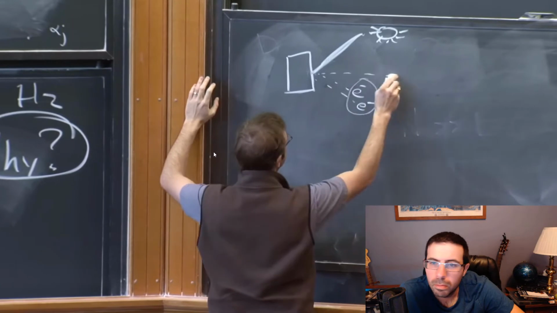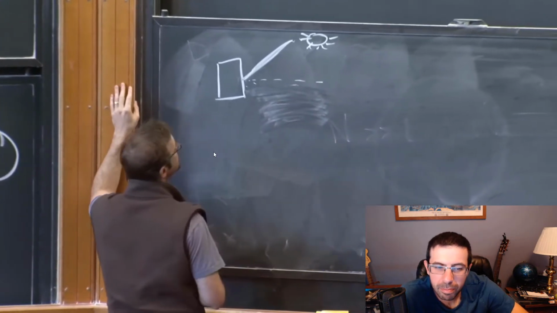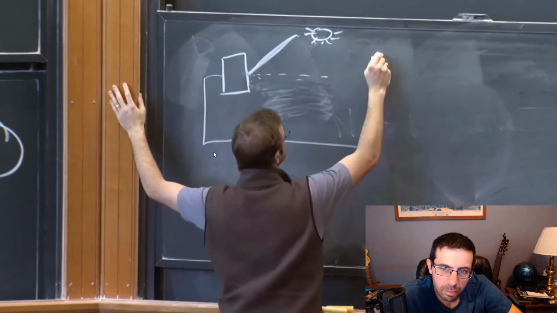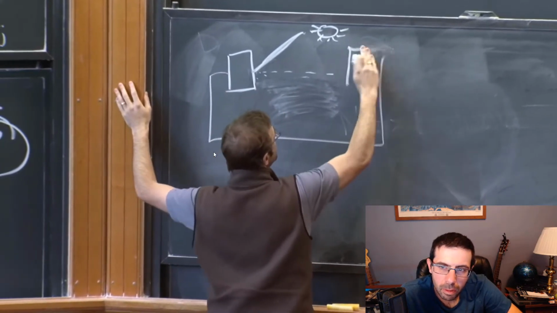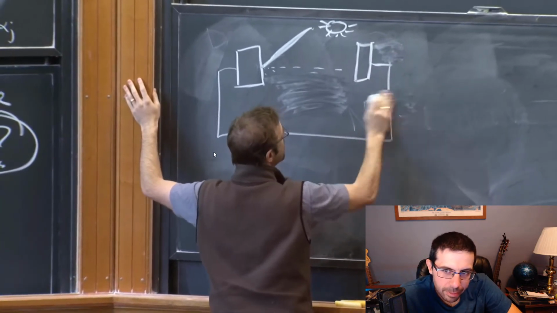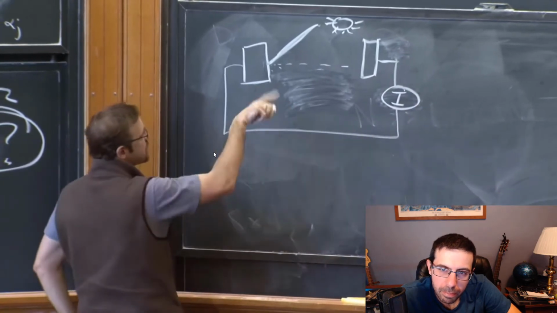Well, if this electron comes flying off with some kinetic energy, and I want to measure that kinetic energy, imagine the following circuit. First off, imagine I just take a second piece of metal over here, and I'm going to put a little current meter here, an ammeter. And here's what this circuit does.